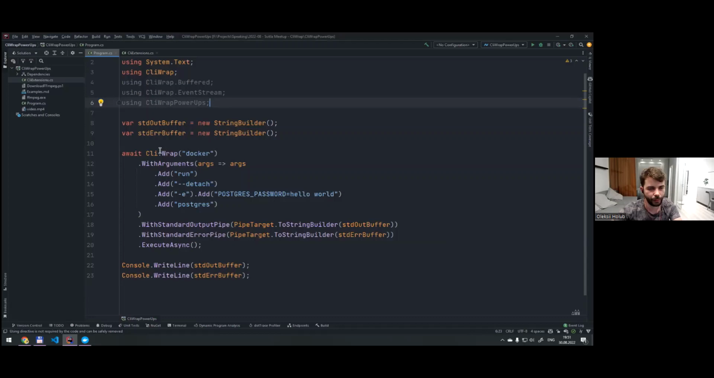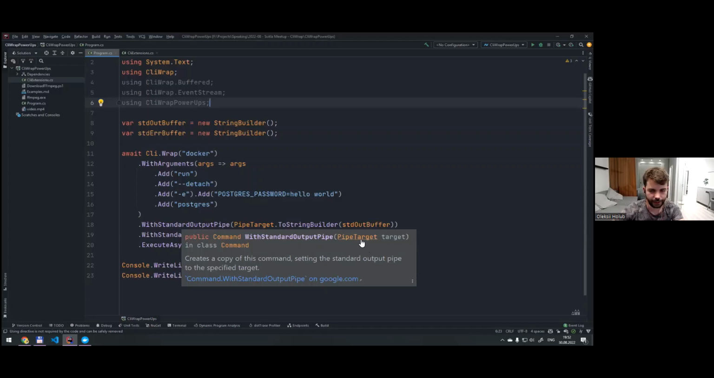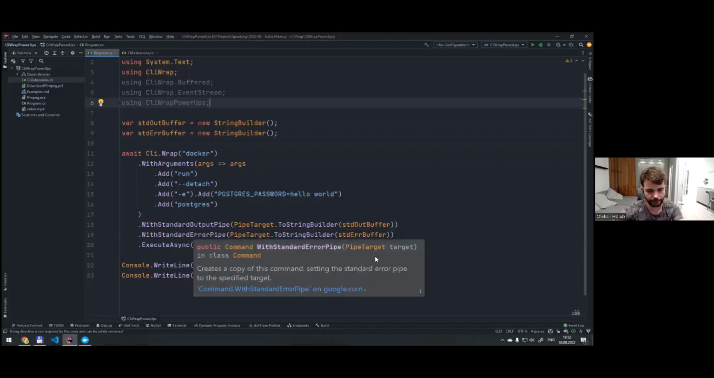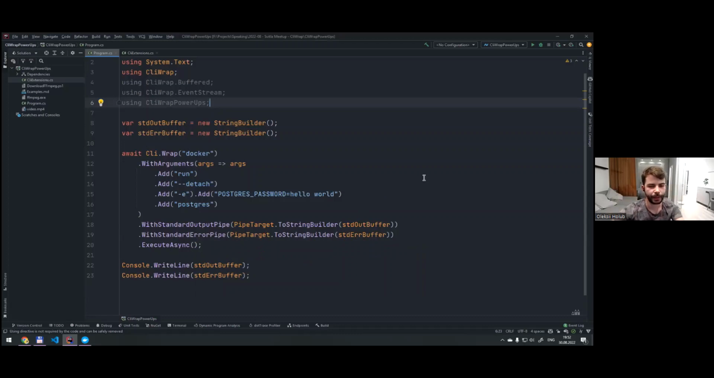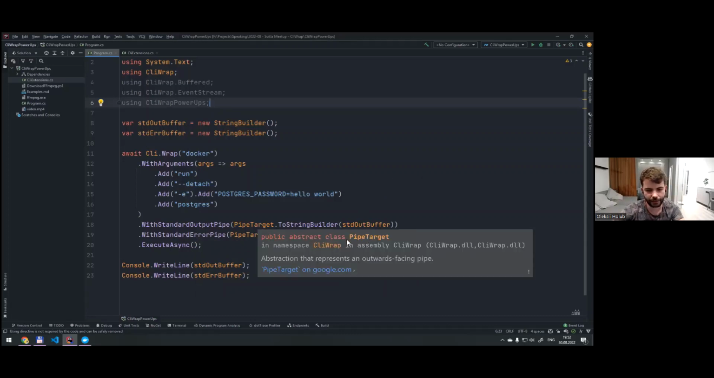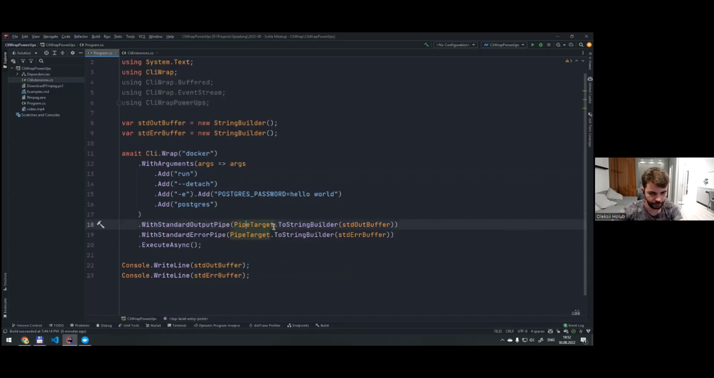And CliWrap offers on every command a way to configure the pipes. So here, when I wanted to write the outputs to the string builders, I can just use WithStandardOutputPipe and use one of the factory methods to point it to the StringBuilder. WithStandardOutputPipe takes a PipeTarget as a parameter, which is also the same for the error pipe because they're all outbound pipes. And PipeTarget is just an abstract class that you can implement yourself, which consists of one method. But most of the time you don't need to because it has a lot of factory methods that handle different use cases. So in this case, we would be using StringBuilder, but we could also be using